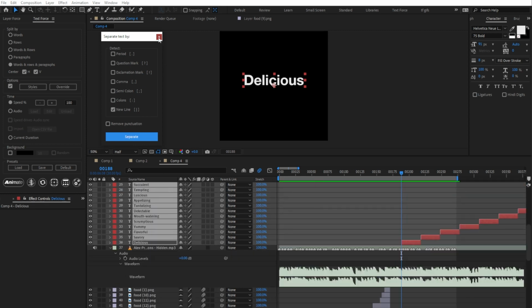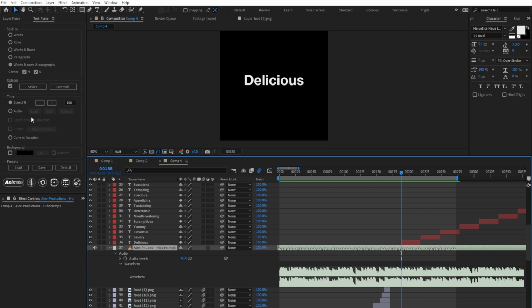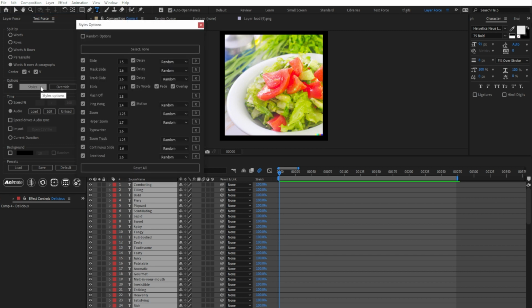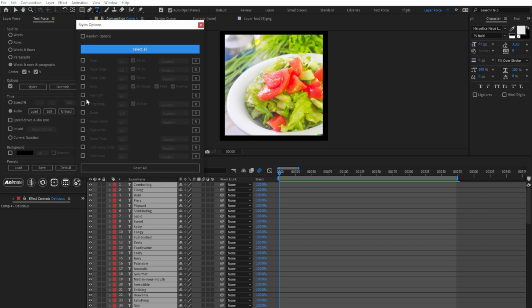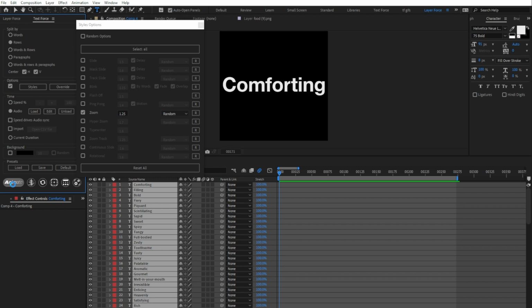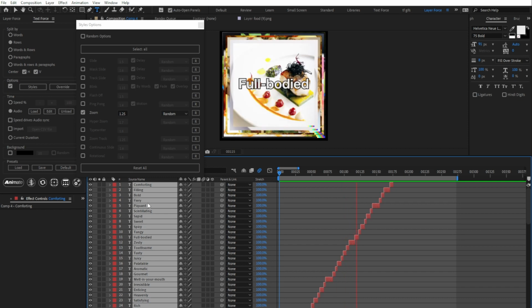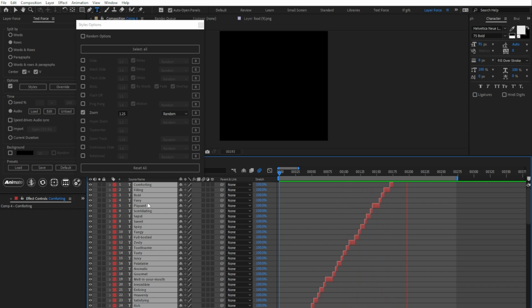As I said before, both scripts share the audio engine, so I load the audio track in TextForce 2. I get the current markers on the audio track, select all the text, and open TextForce Styles window. I'm gonna choose just one animation style. Let's get Zoom. Split by rows, and animate. It will take some time. Well, as you see, it's very easy to create full audio-video text content,